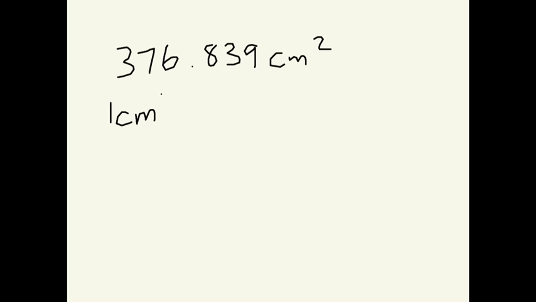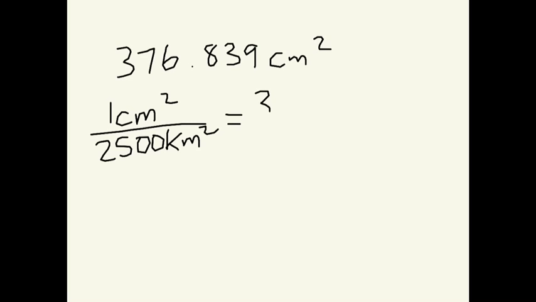In B, on the same map, the area of the province of British Columbia is represented as 376.839 centimeters squared. So we have to determine the actual area of British Columbia to the nearest 100 square kilometers. Well, we do have an area scale factor. It is 1 centimeter squared to 2,500 kilometers squared. You can certainly set up a proportion. This is going to equal